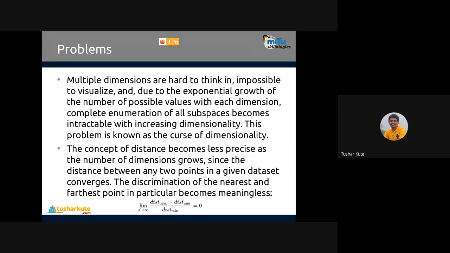Due to the exponential growth of the number of possible values with each dimension, complete enumeration of all subspaces becomes intractable as dimensionality increases. This problem is called the curse of dimensionality. From the classification point of view it is addressed by principal component analysis, but from the clustering point of view, how should it be solved?